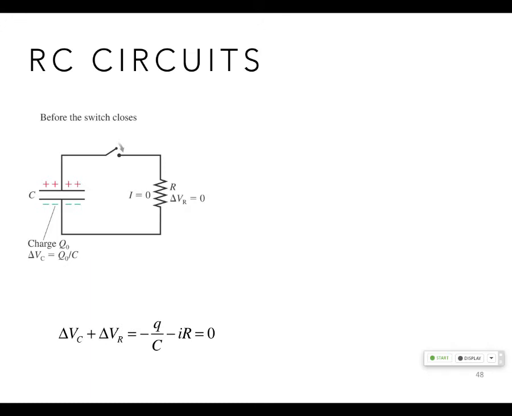And then if you go through this resistor, you have a current times R. Delta V equals IR, okay? So this is delta V for the capacitor. This is delta V for the resistor. This is just loop law,